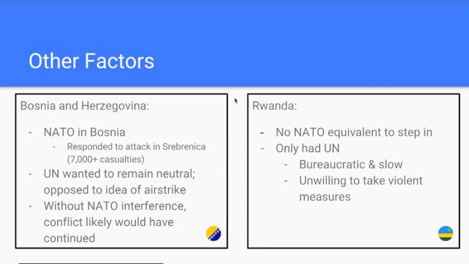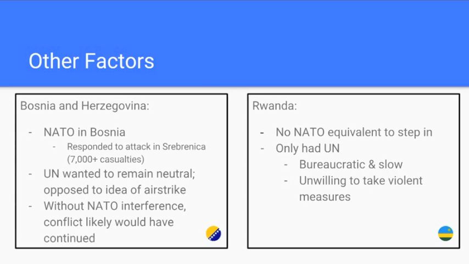NATO has jurisdiction, I suppose is a word to use, or their focus is Europe and other countries involved in the North Atlantic Treaty Organization. But in Africa, there isn't this kind of an organization. All they had was the UN, which is bureaucratic, it's slow, it's trying to be a kind of peacekeeper, and it's unwilling to take violent measures in order to do so. It wants to remain as neutral as it can because it's supposed to be representing all countries, and so